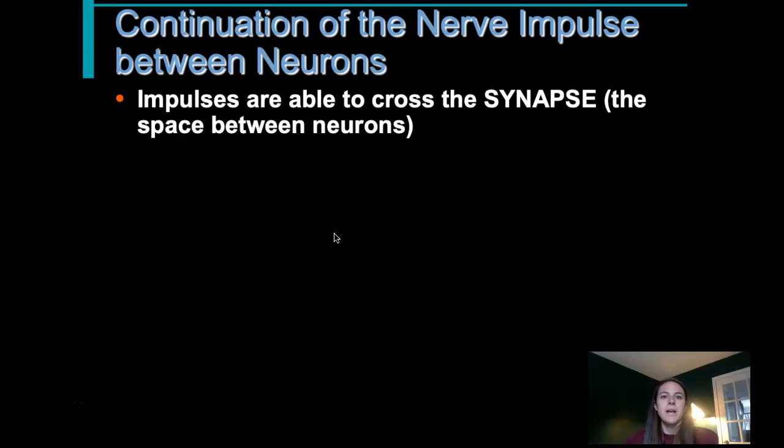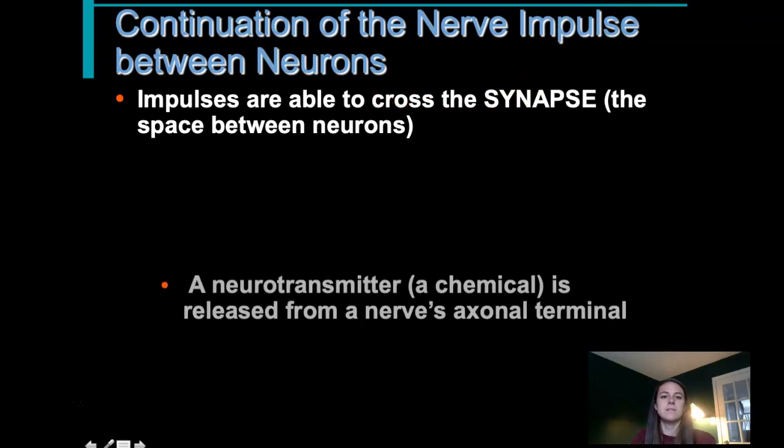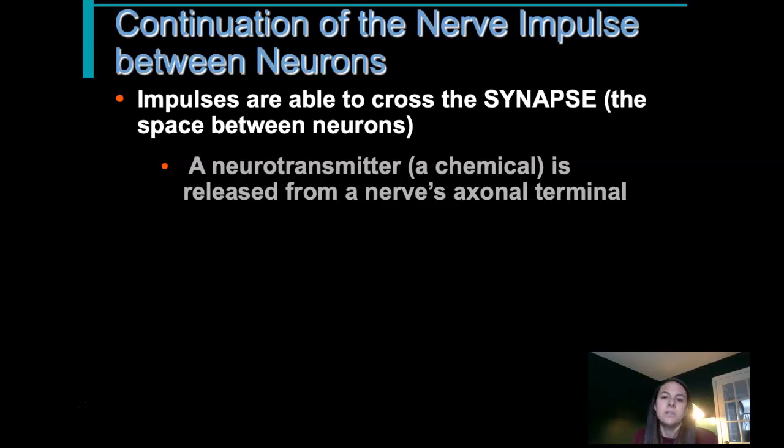When you have two neurons that are next to each other, there's a very, very tiny area in between the two neurons called a synapse. And impulses are able to cross that synapse, which is the space between the two neurons, via neurotransmitters. A neurotransmitter, like I said before, is a chemical that's released from the neuron's axon terminal. They congregate in the axon terminal until the action potential reaches it, and at that point, the neurotransmitter is released